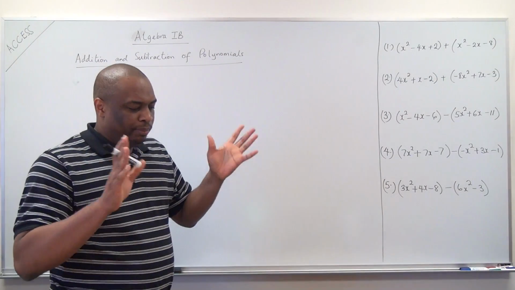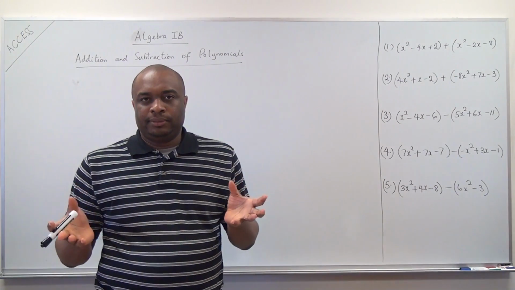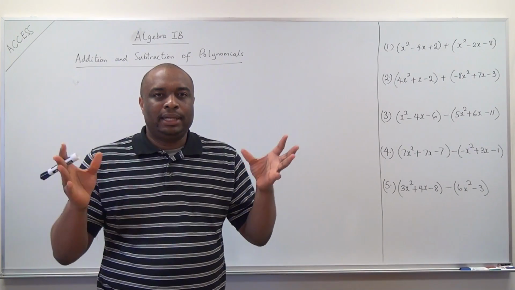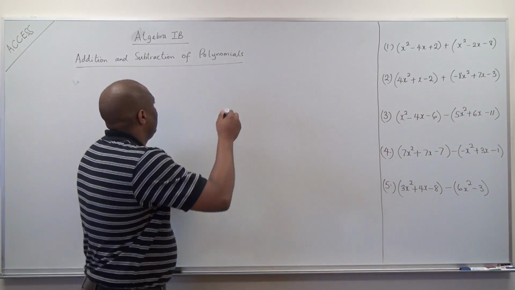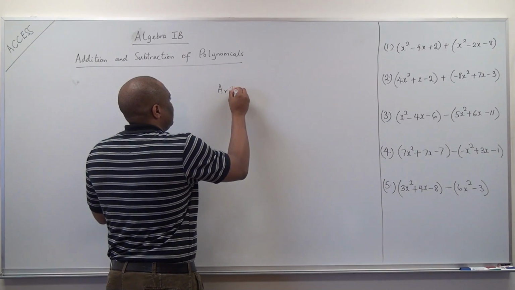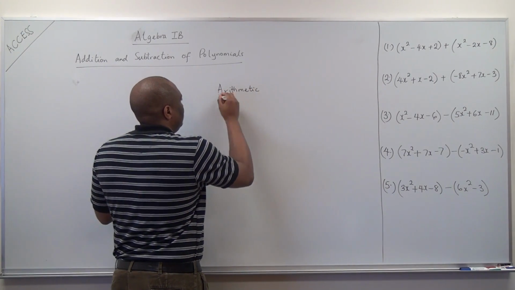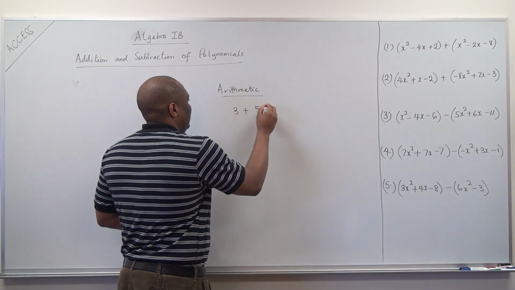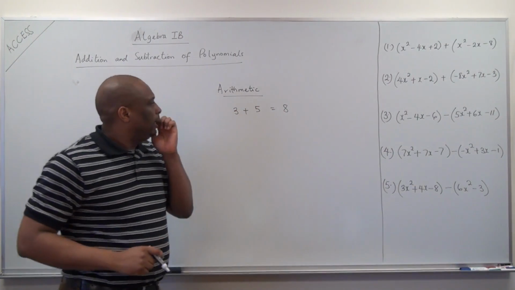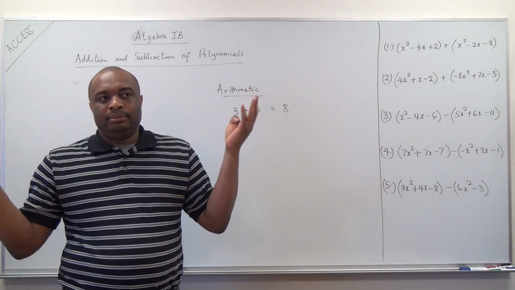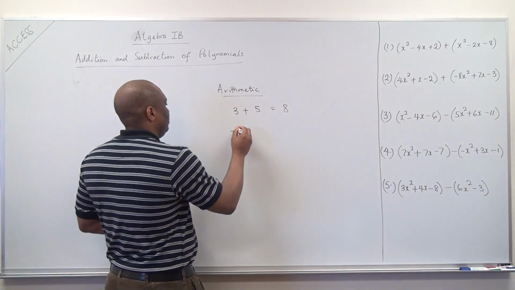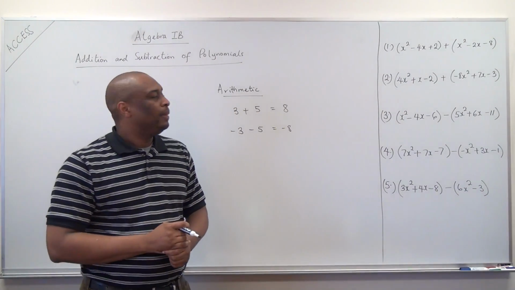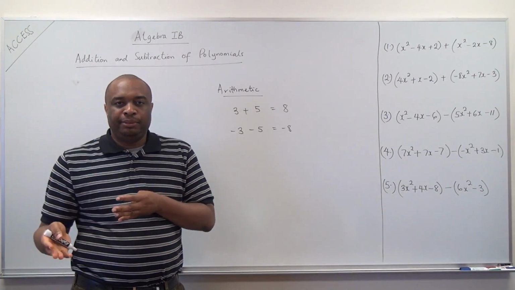When you deal with polynomials, you deal with functions of variables. This is not like in arithmetic. In arithmetic, you only have numbers. 3 plus 5 gives you 8. You deal with only numbers. -3, -5 gives you -8. Right? Okay. Now, when we come to algebra,